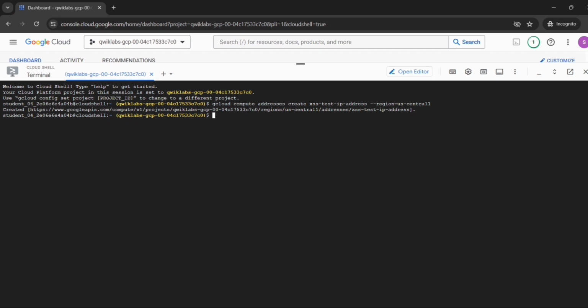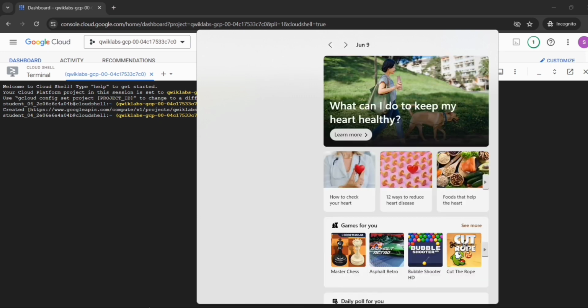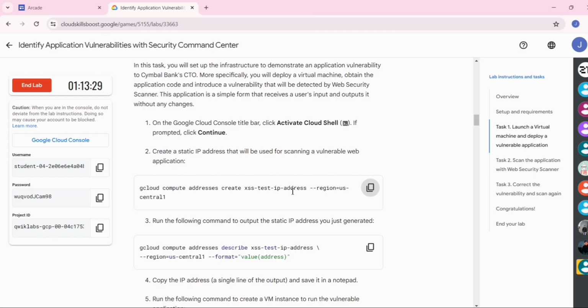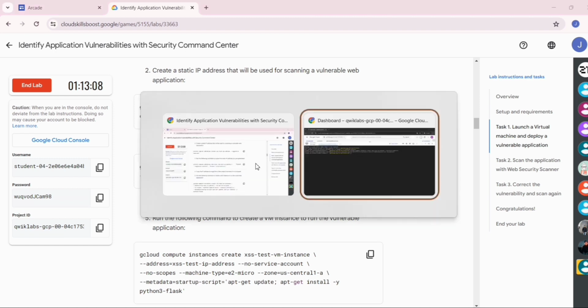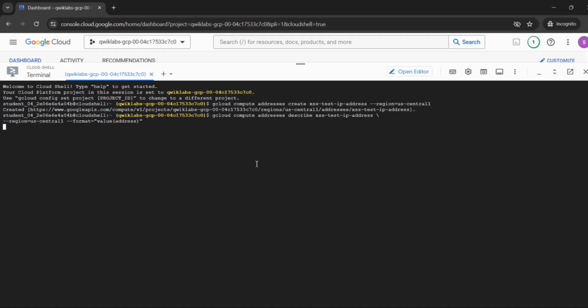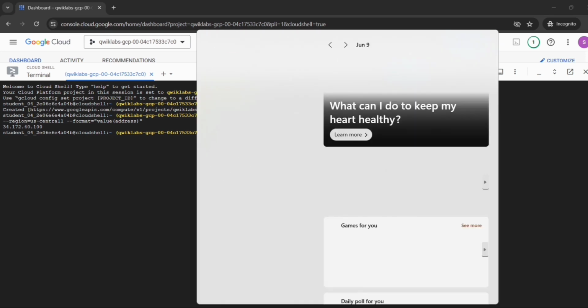Now go back to the lab instructions, copy this third command from here, paste it here and press enter. Now you have to open a notepad.